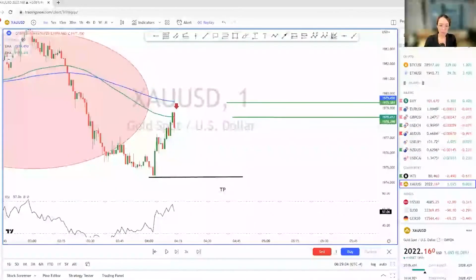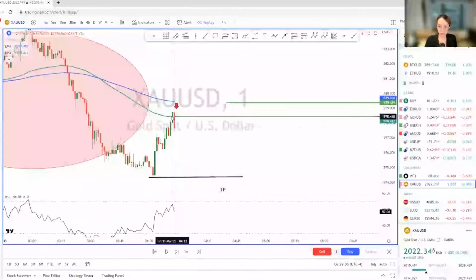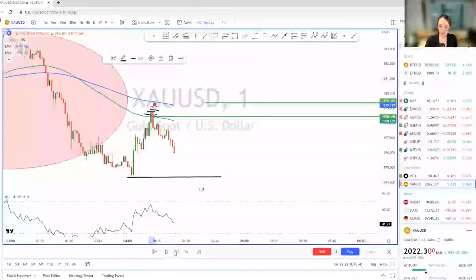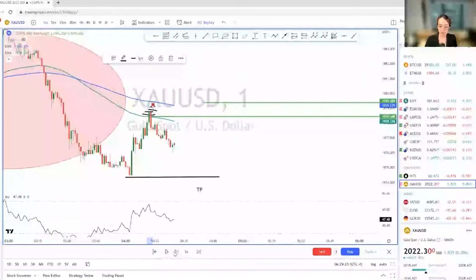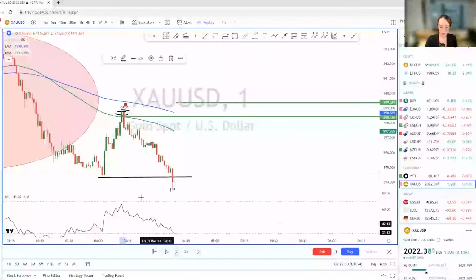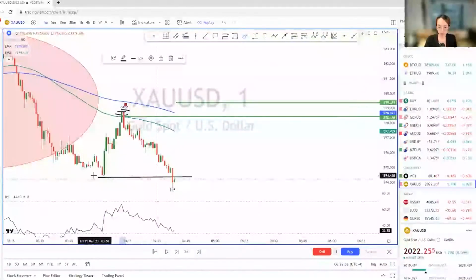Okay, first one, I will place the trade here, and after that I will layer. When the price goes up around this area, I will put a few orders here. Okay, so my TP is the recent low here. Okay, then it hits our TP already. Our TP is around 1974, and we entered about 1978, so it's